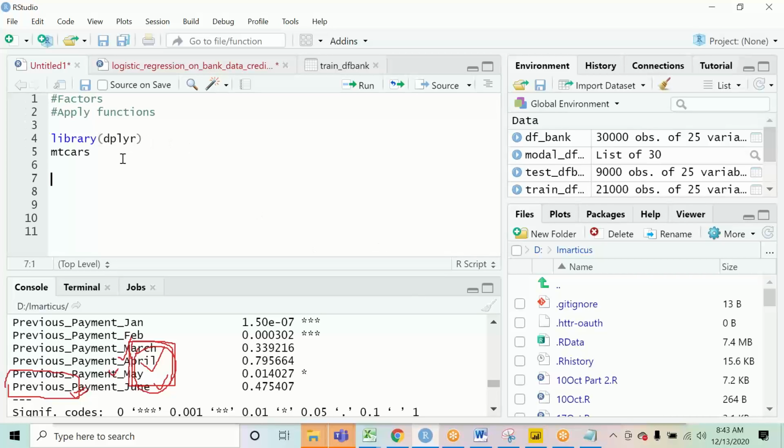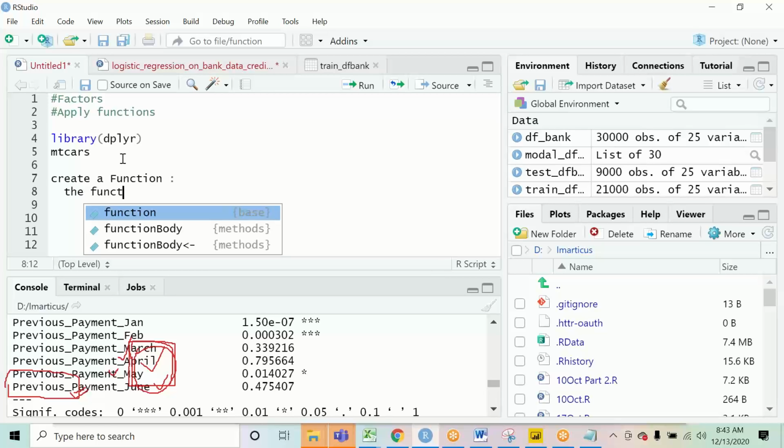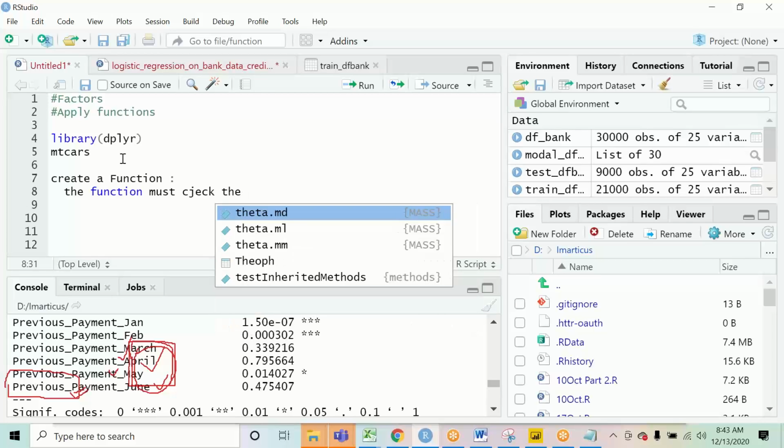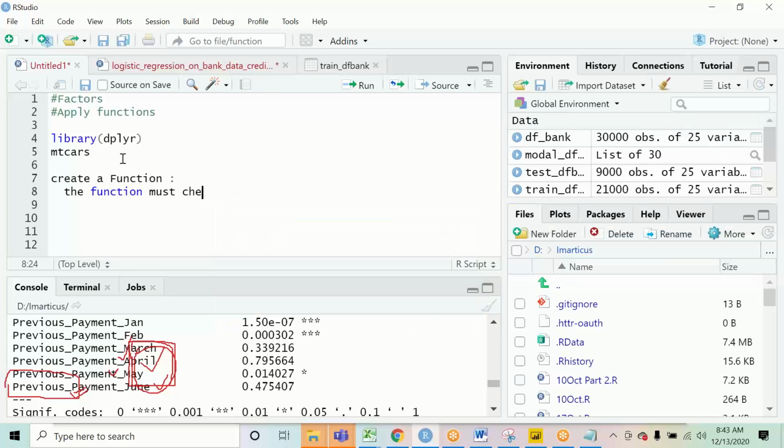I want all of you to create a function. What that function should do is check the mpg value.